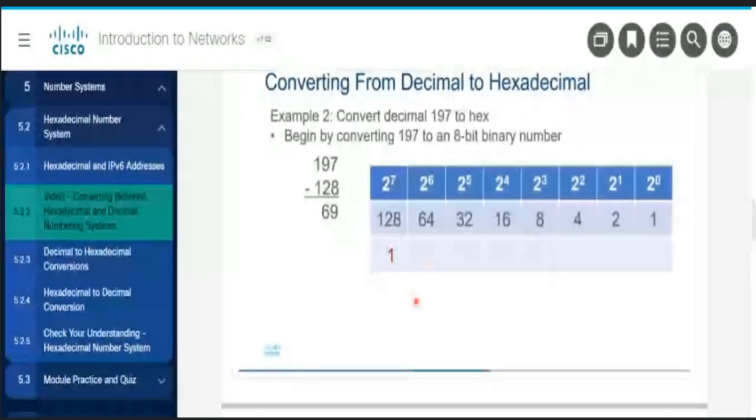That gives me 5. 32 is too big, so I'll place a 0 under that. 16 is also too big, so that gets a 0. 8 is also too big. But when I get to 4, I can subtract